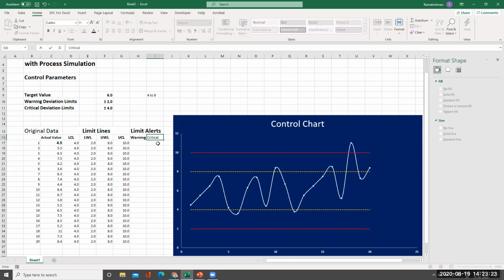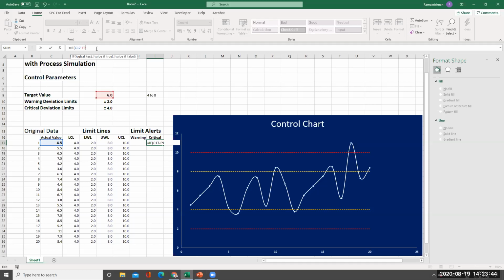The formula is here equal to, IF formula I will use. What is the logic? That is actual value C17 minus F9. F9 is a target value.